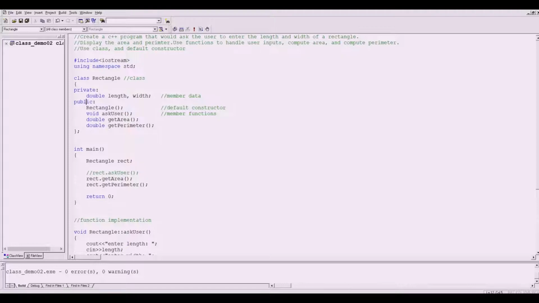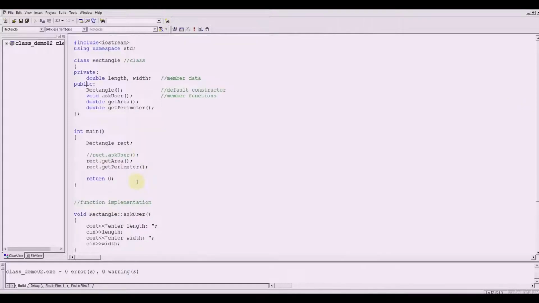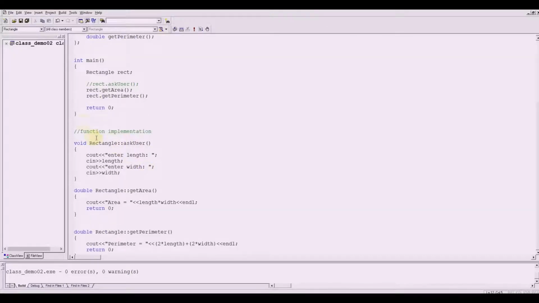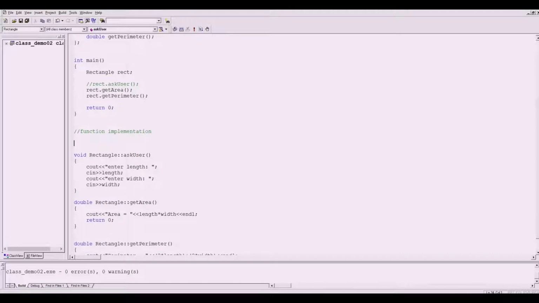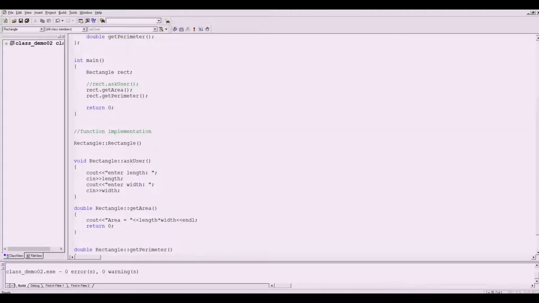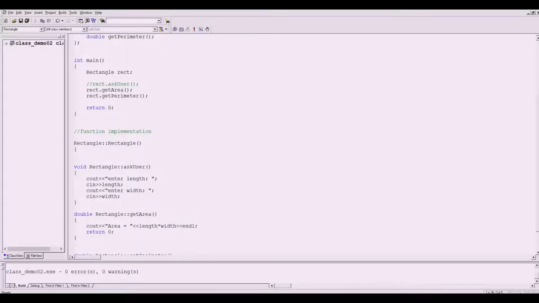Now let's have the implementation of our default constructor. As I was saying, the default constructor doesn't have any return data type. So we have here the name of the class, Rectangle also, and then begin. So what do we have here? This is a value assignment.